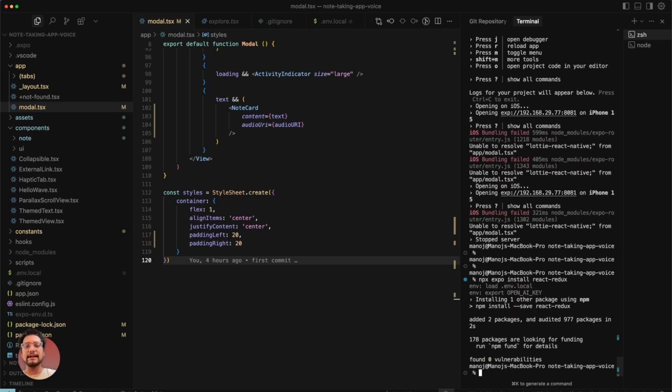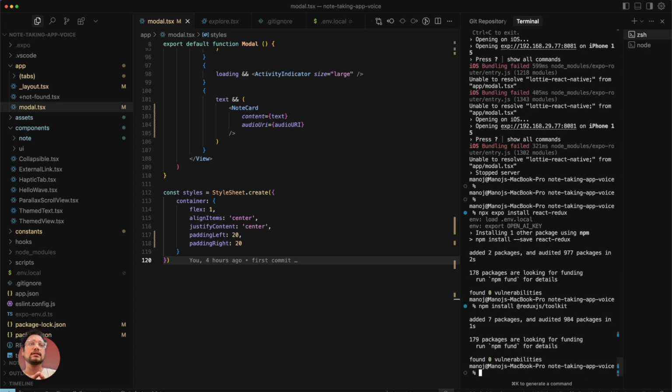Just going to install React Redux. And then Toolkit, I'm going to use Redux Toolkit for state management. So I'm just going to do that as well. Now that is done. Great. Now let's move on to